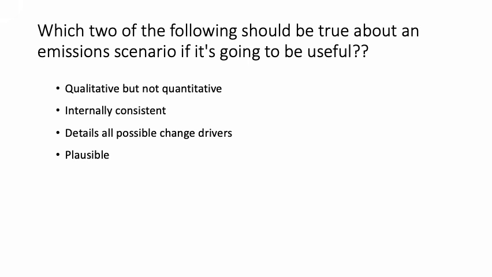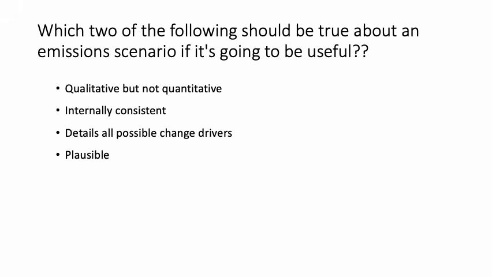Which two of the following should be true about an emission scenario if it's going to be useful? Well, it needs to be plausible and it needs to be internally consistent. They can be qualitative and quantitative. They have to have numbers associated with them. They're not going to detail all possible change drivers in the climate, but they need to be internally consistent and